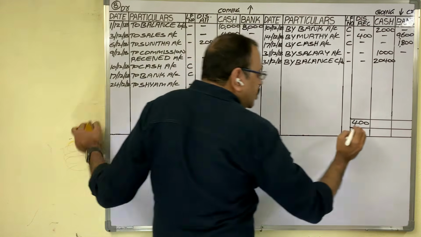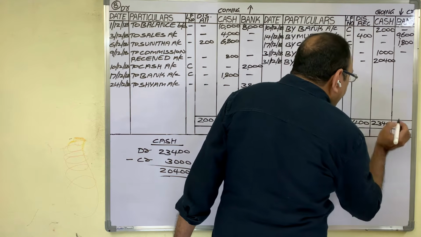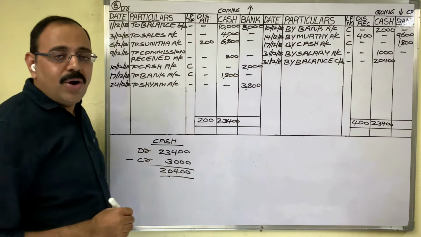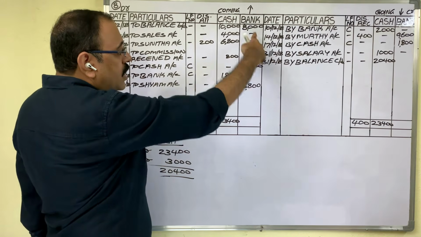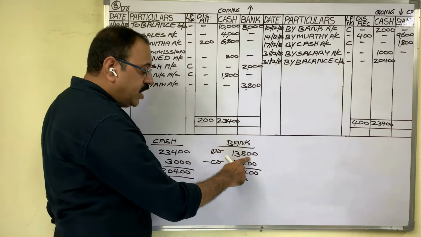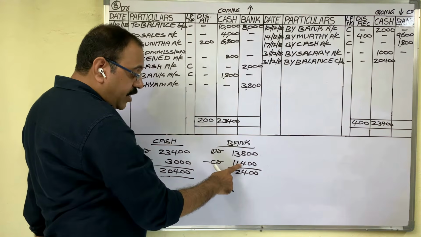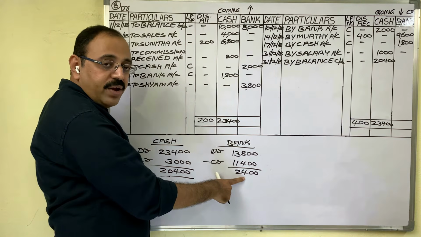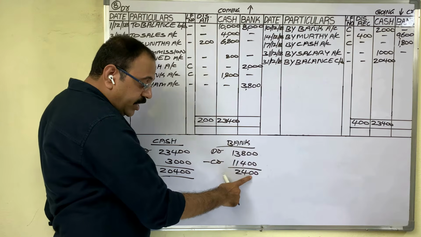23,400. Credit side also 23,400. Now come to bank column. Observe, which side bank column total is more? Debit side bank column total is more. Debit total is 13,800. Credit total is 11,400. Difference 2,400. As credit total is less, credit side we have to write this amount